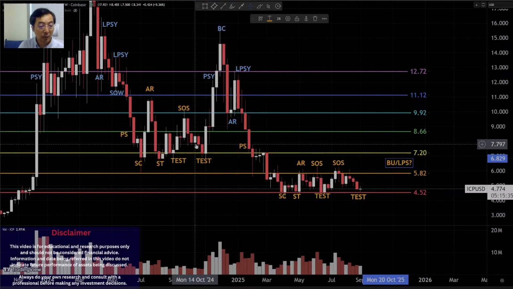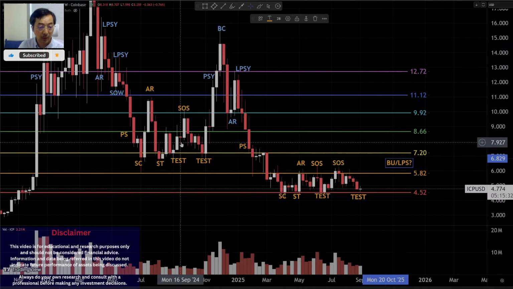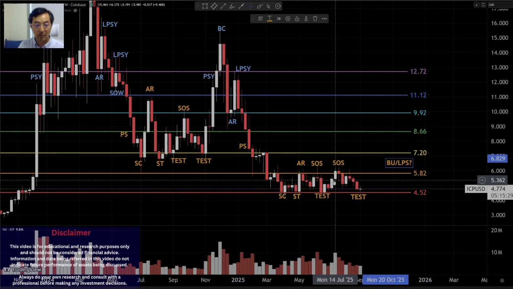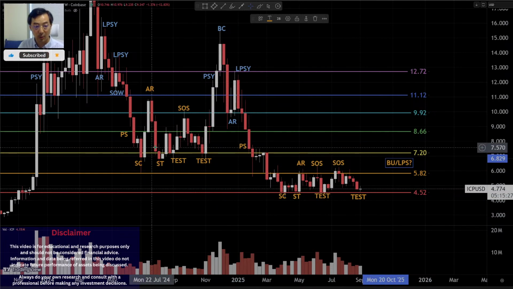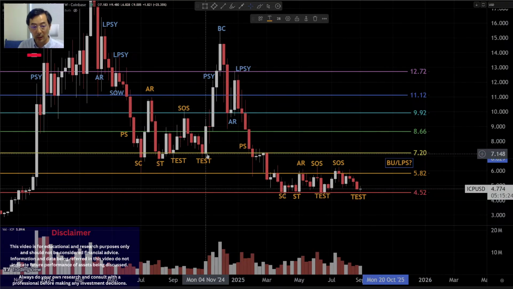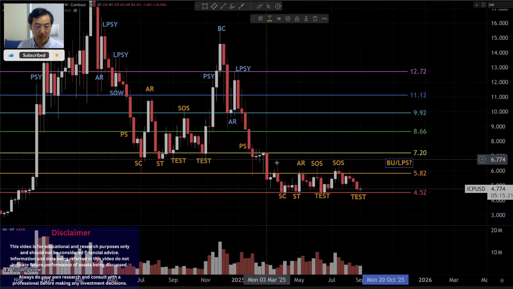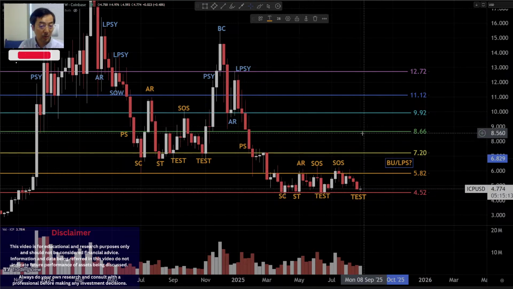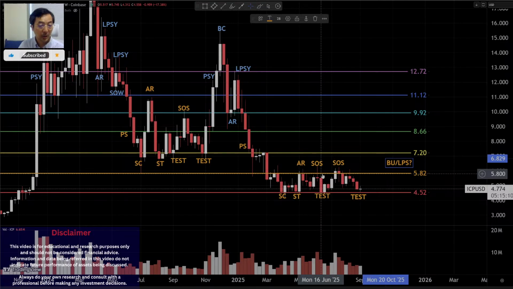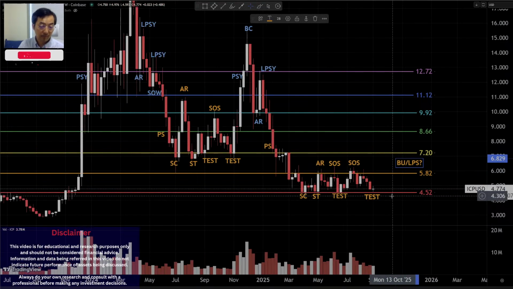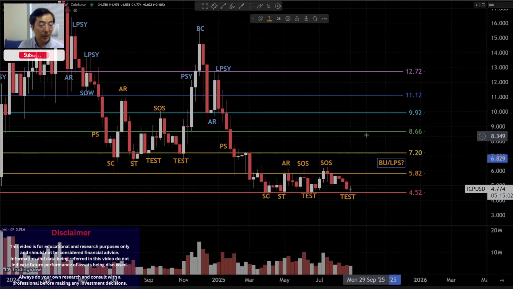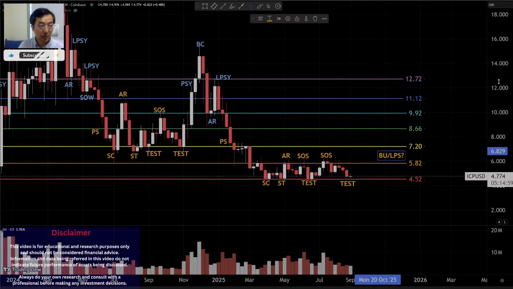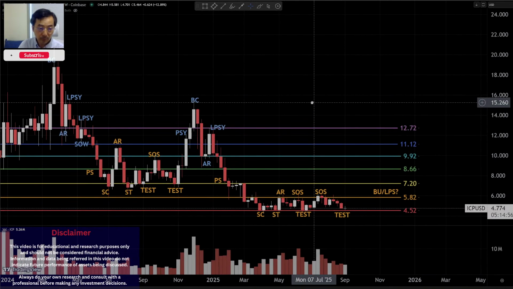Just that the accumulation period back then in the summertime was at a much higher level than what we have now. So basically that was a trading period mostly between the yellow key level of $7.2 to $8.66. Where we are now is almost like, I don't know, 60% of where it was, 4.52 to 5.82. But then, having said that, a jump or a surge can still happen, right? Even though it may become a lower peak, hopefully it doesn't,